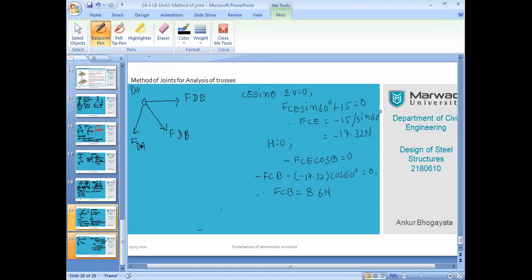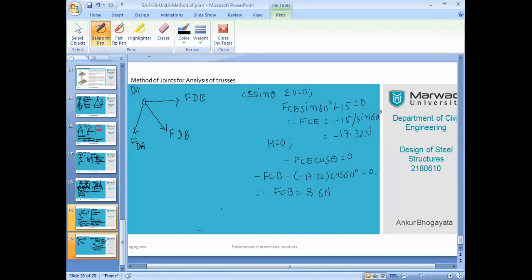Okay. So what will you do? Tell me now. We cannot analyze right now, but how will you solve? By discussion, can you tell me what you will do next? We have two inclined forces. Which are the inclined forces? FDA and FDB. These two are the inclined forces. So I will divide them into components, vertical and horizontal. Then my job is half done. Apply sigma V, sigma H, that's all.